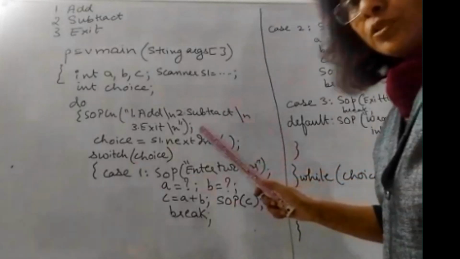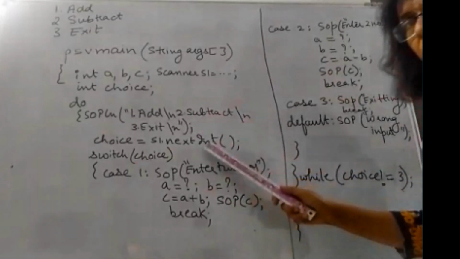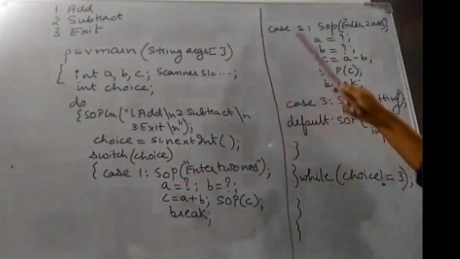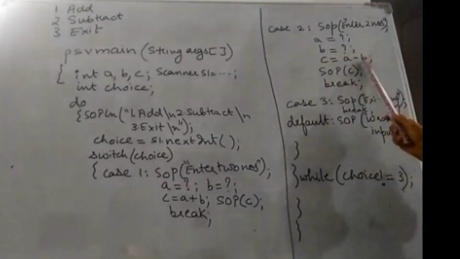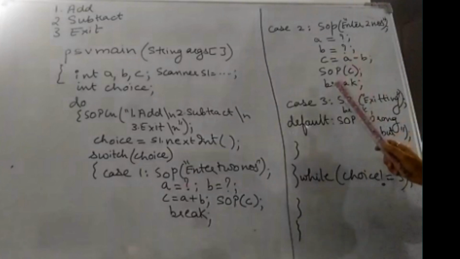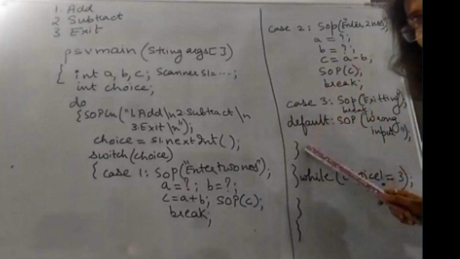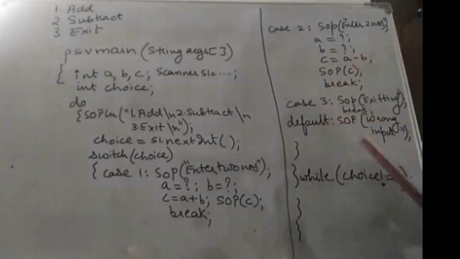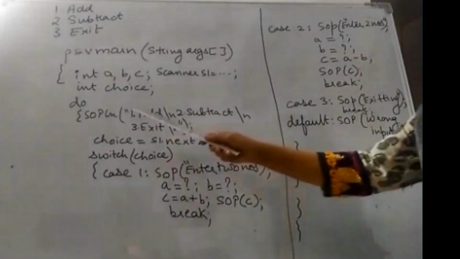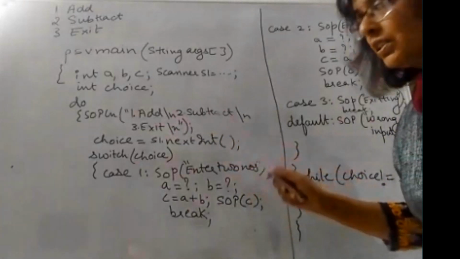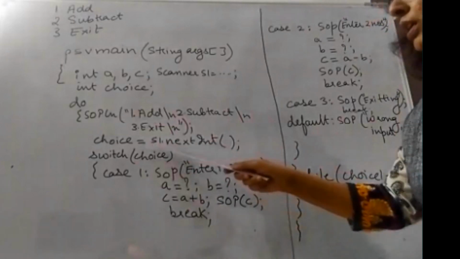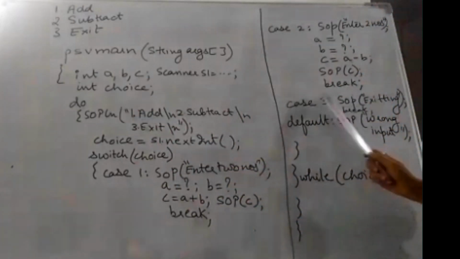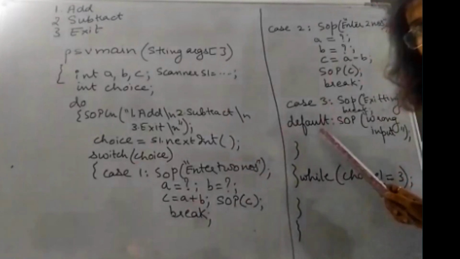And now if the user puts in, say, 2, in this case it will go to case 2, and now two numbers will be accepted, subtraction done, result displayed, and now because of break it comes out of the switch case, but again it is caught in the loop because choice is not equal to 3, it is equal to 2. Again it goes to the beginning, and then again the menu options are displayed, but this time supposing the user enters 7. So is there anything matching with that? No. So it will come to default.